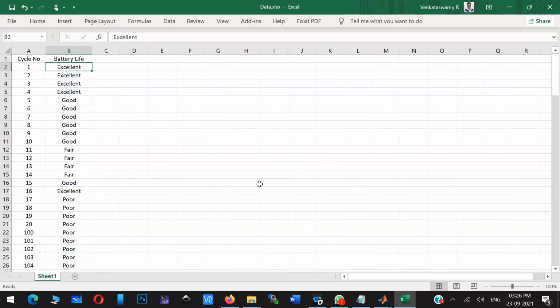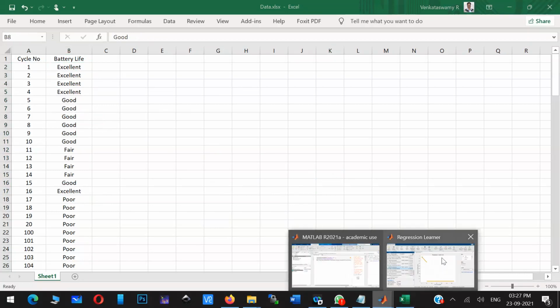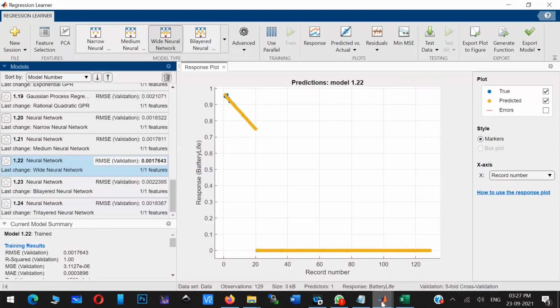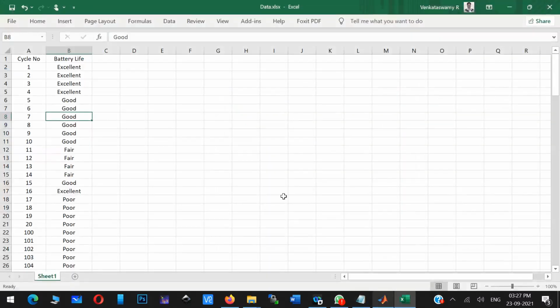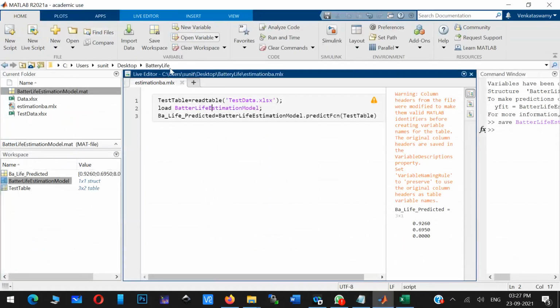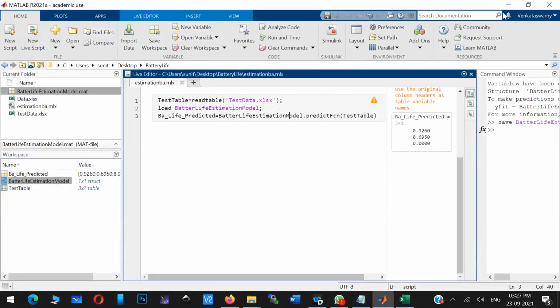In regression learner, you are plotting x, y, and that axis is always a number. But here in this particular case, I don't have a number. So how to deal with this type of machine learning is, instead of using regression learner, you can use something called classification learner. If you go to the MATLAB application, okay.